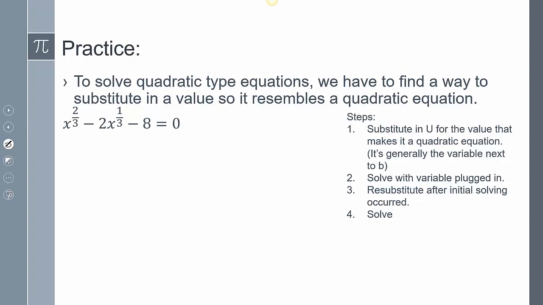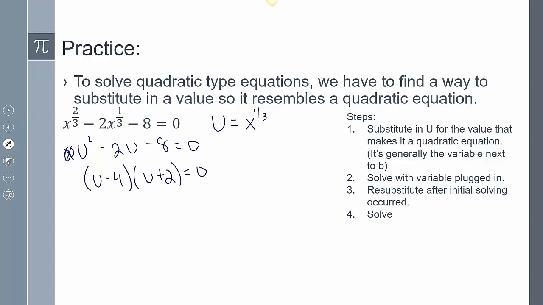Next one. So this one here, I can say u equals x to the 1/3. So now making that type of substitution, that's going to give me u squared minus 2u minus 8 equals 0. So this is going to be u minus 4 and u plus 2. And so I get u equals 4 and u equals negative 2. Now substituting it back in,